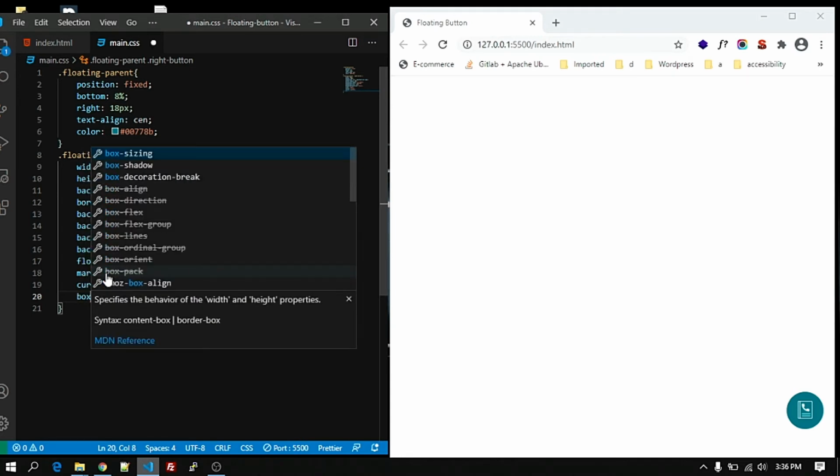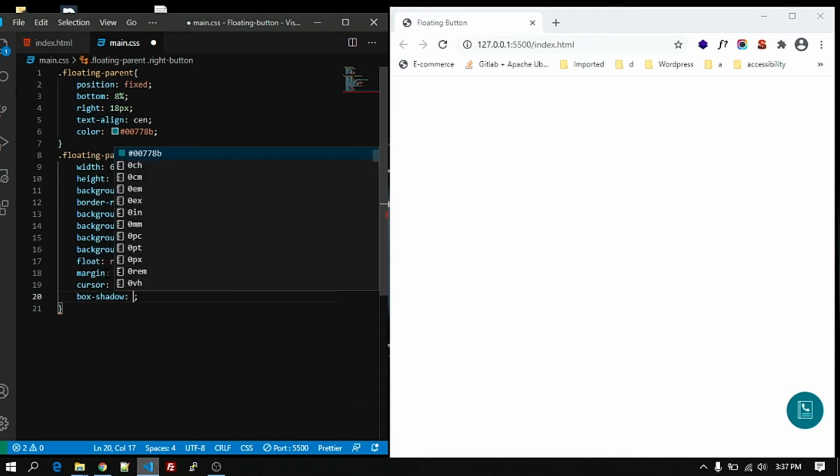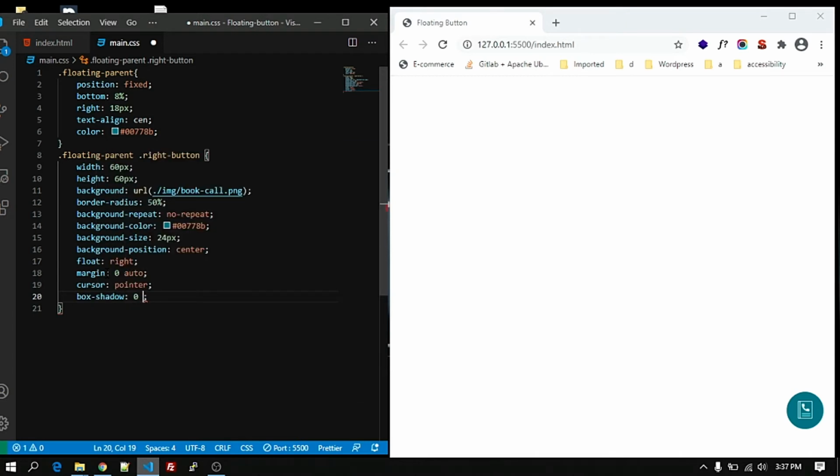Then I will add some shadow for it, the same code that we have used previously. So we are done with the right hand side floating button.